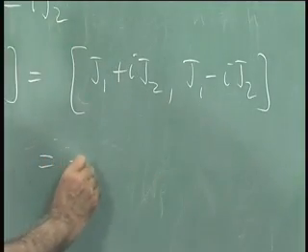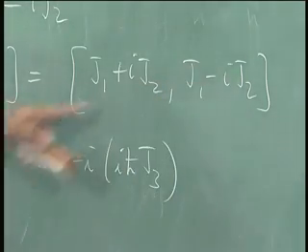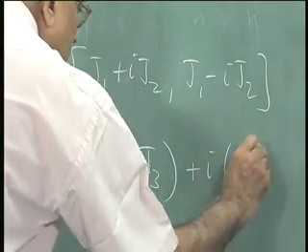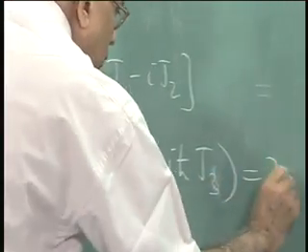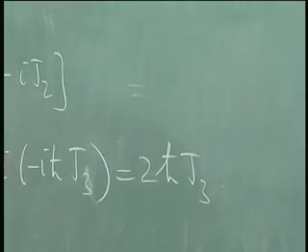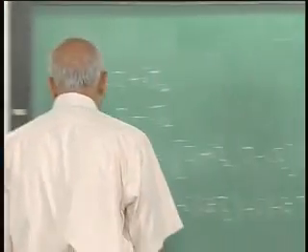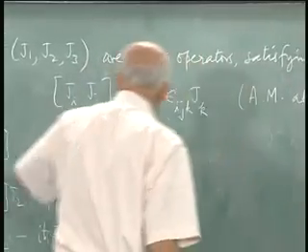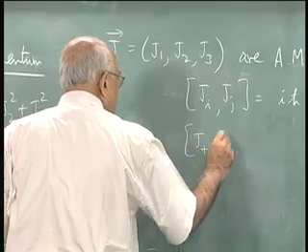So this is equal to minus i times iħ J3, that is J1 with J2, and then this commutator here, that is plus i times minus iħ J3, equal to 2ħ J3. And then of course it is easy to see. So this angular momentum algebra could also be written in the alternative way, and that is J plus with J minus